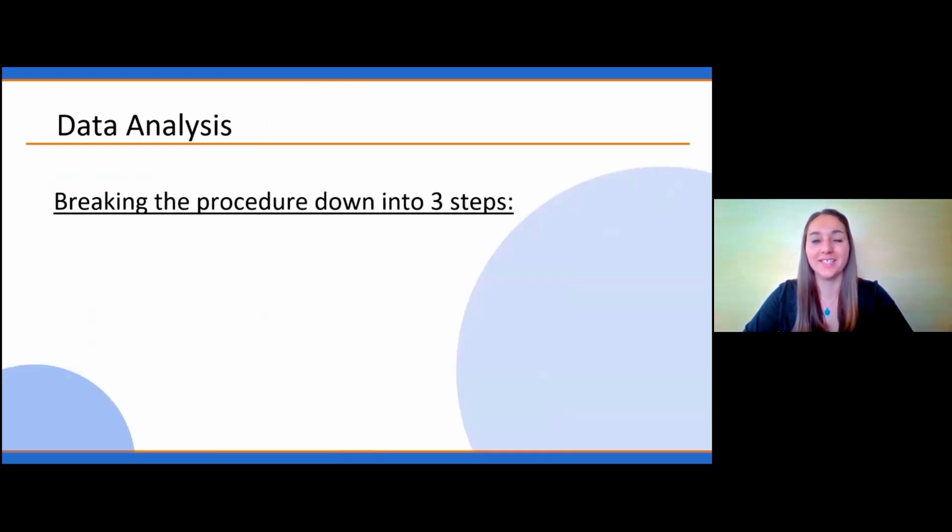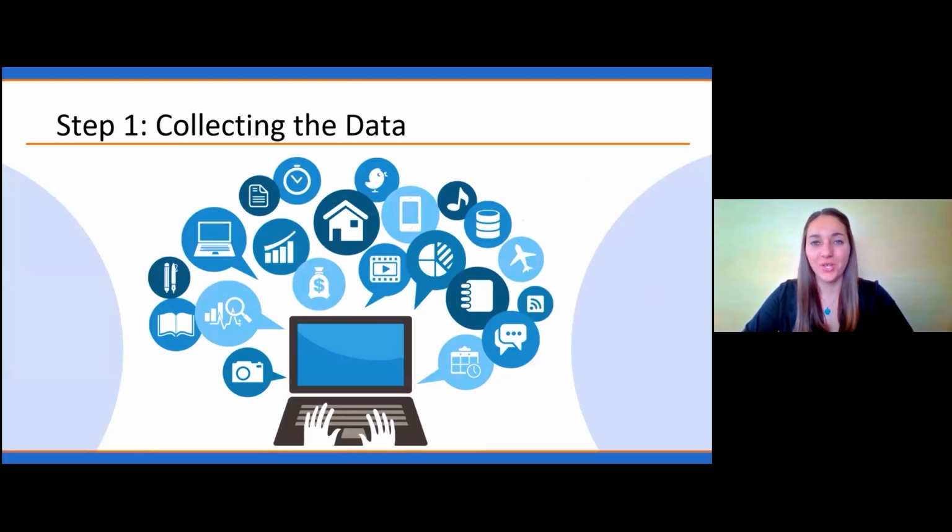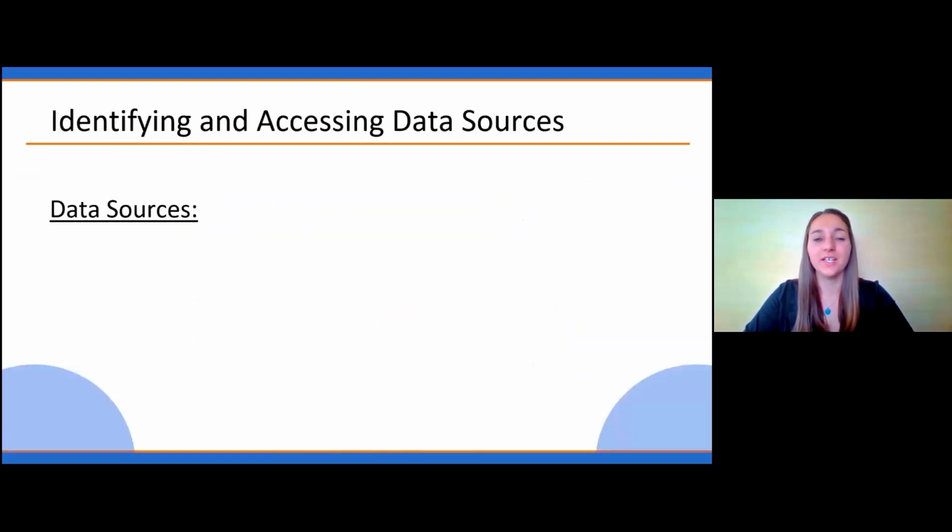Next, into data analysis, I'll break this process down into 3 steps. We need to collect the data, perform data wrangling, and lastly, create prediction models. First, in our research, we needed to find data that best fit with our objectives and utilizes mobility. Therefore, to collect our data, we need data looking into the number of people infected, number of deaths, and variables